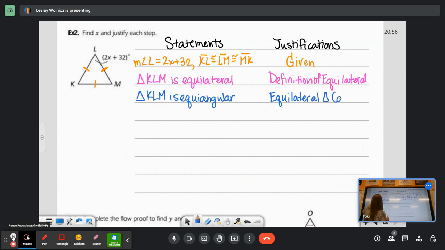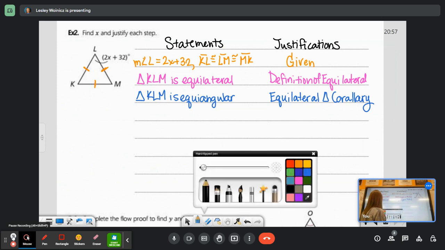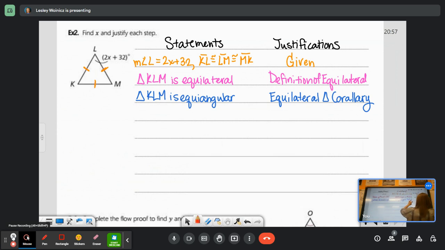Triangle corollary. Corollary. Okay. Now that we know it's equiangular, we know that the measure of each angle of an equiangular triangle is 60 degrees. And there's no name for it. I just double checked. We just have to write that because that's a different corollary, but it has no name. The name is just the thing. The thing is the name. Okay, so